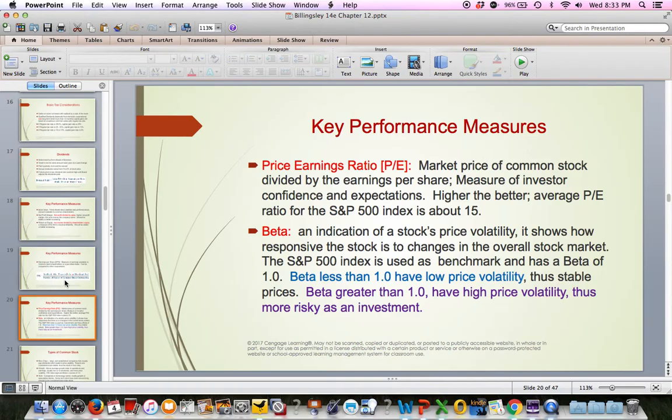So it's a measurement of volatility, which includes a measurement of risk. It's a way to try to take risk and boil it down to an actual number. So a beta less than 1 has low price volatility, and a beta above 1 has higher price volatility. And so just know that the market's beta is 1. So we're comparing an individual stock to the market. And again, a beta above 1 is higher volatility. A beta below 1 is lower volatility. And of course, that signifies risk. Clearly we're trying to measure risk here.